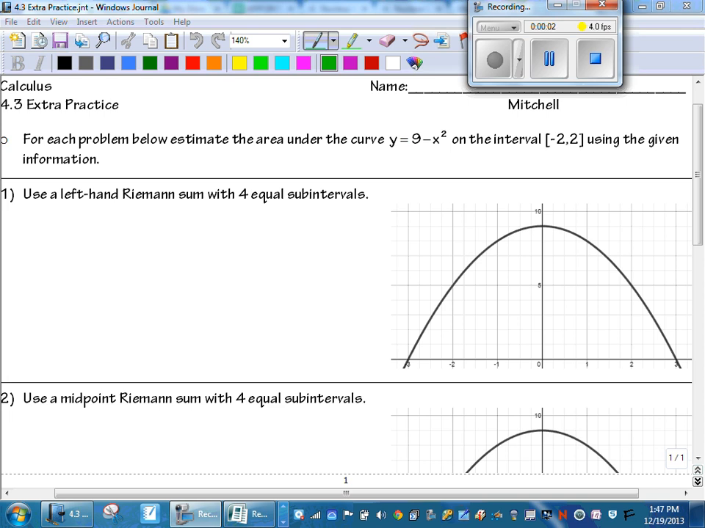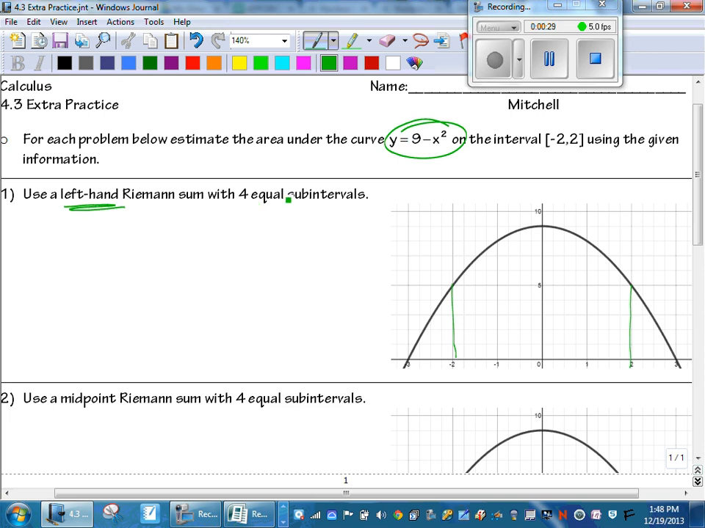Alright, for this first problem on the 4.3 extra practice, we are dealing with the graph of y equals 9 minus x squared. And we want to estimate the area from -2 to 2 under the curve. So we're going from here to here. We're trying to estimate this whole area in that region a few different ways. For number one, we're using a left-hand Riemann sum